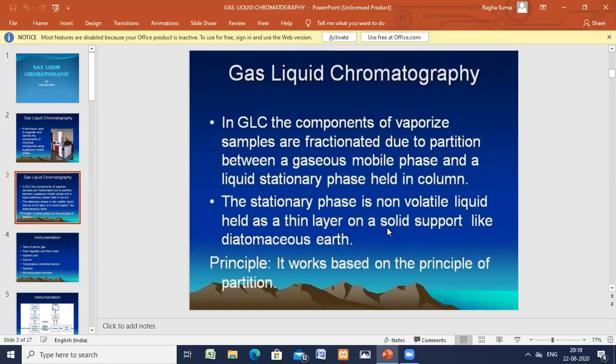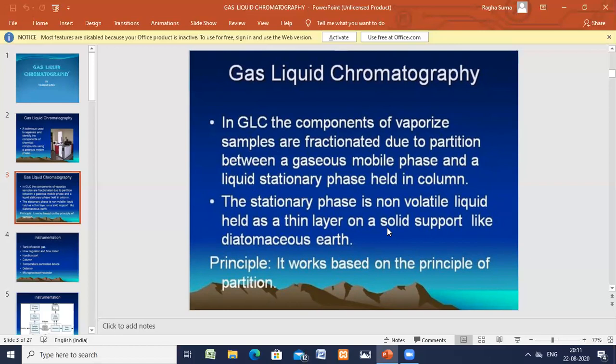The sample mixture in gaseous form is run through the column using an inert carrier gas. Separation of components in the gaseous sample mixture is achieved by differences in distribution ratio of the components in the sample between the mobile gas phase and the